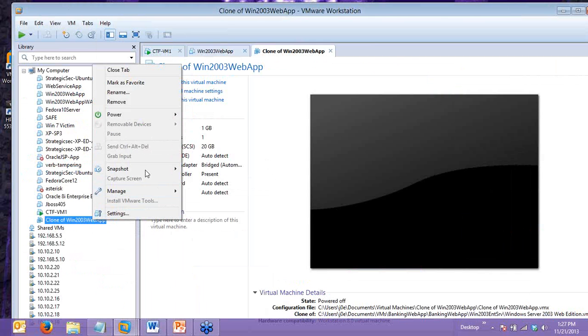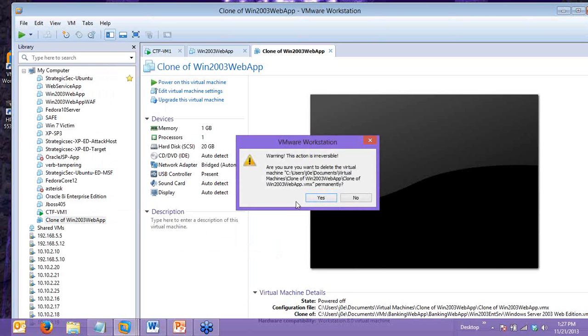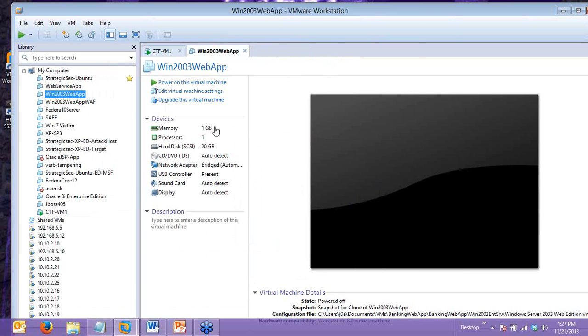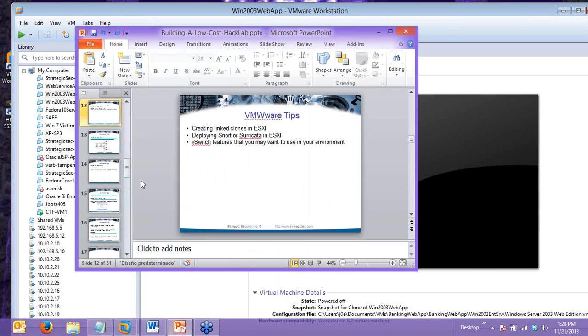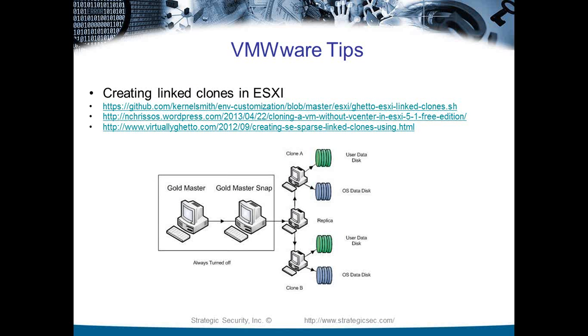Now, in the free versions of stuff, like the VMware Player and the VMware ESXi, no. VMware loves you so much that they want your money if they're going to give you the really cool toys. So that's why you'll see people who are way smarter than me who came up with what's called the ghetto clone. Now the ghetto clone, if you're using VMware ESXi, the free version of VMware,